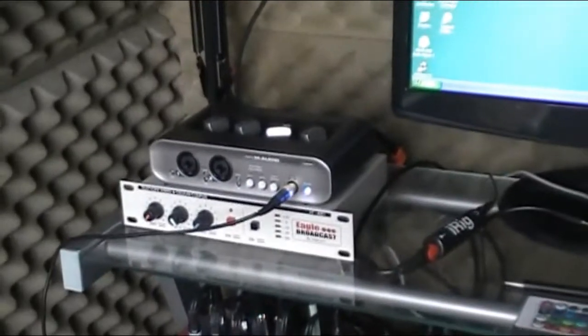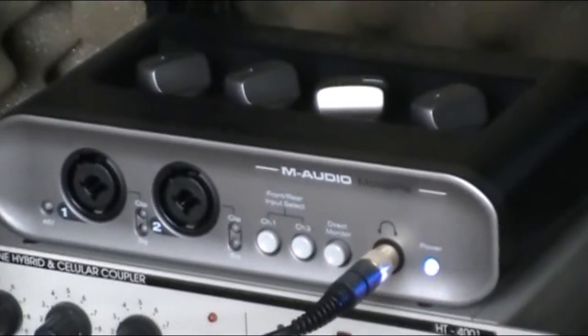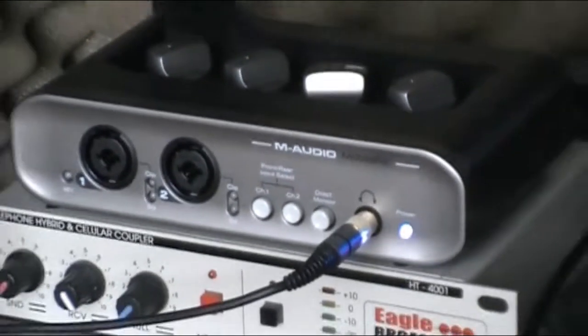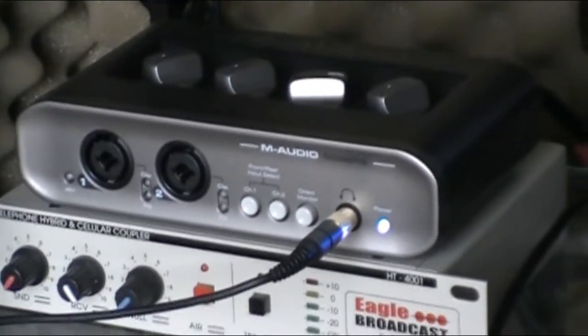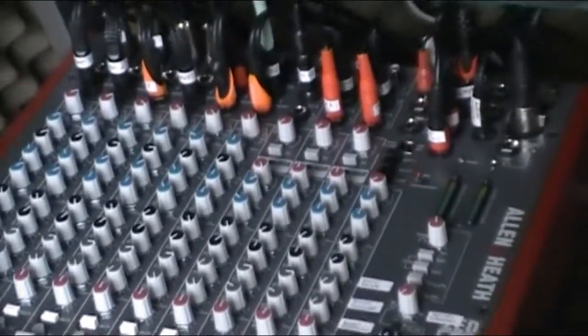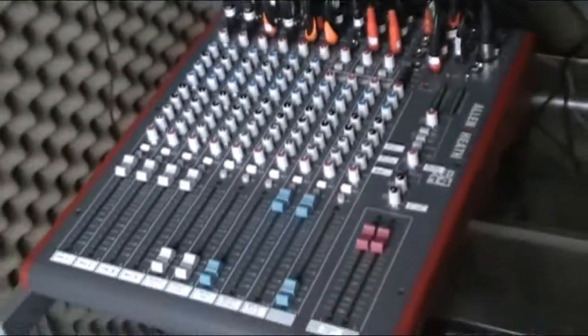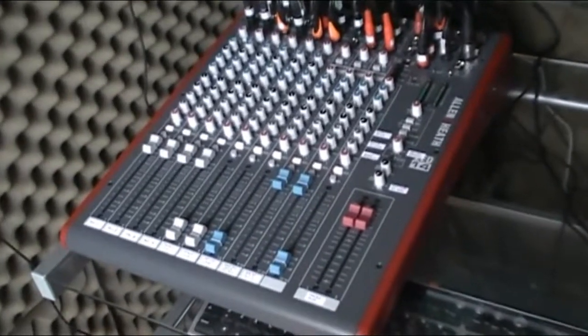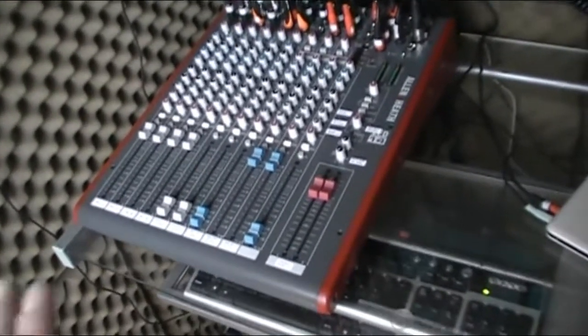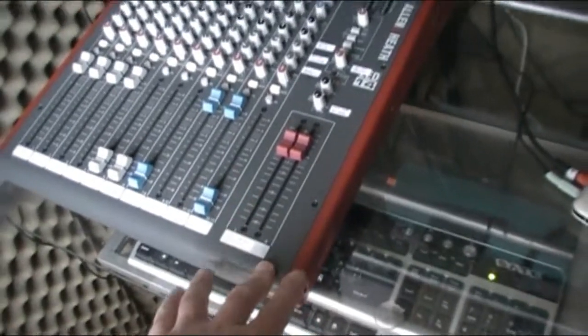That's why I purchased that M-Audio Mobile Pre, which is very nice. I always loved M-Audio's interfaces. It's a very good USB interface. I don't use the Allen & Heath USB feature. You can see it there, I'm pointing the USB out. I started to use the Allen & Heath as a mixer and sound card with the USB facility directly connected to my computer. The thing is, I agree with many reviewers of this mixing board who state that